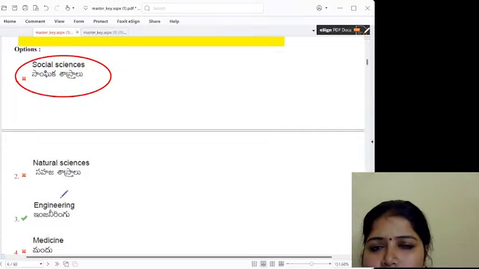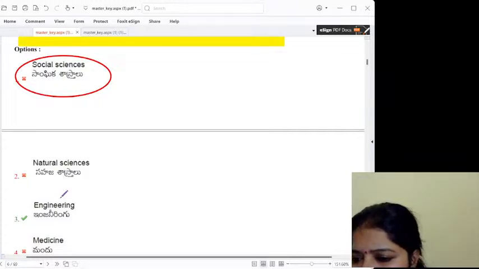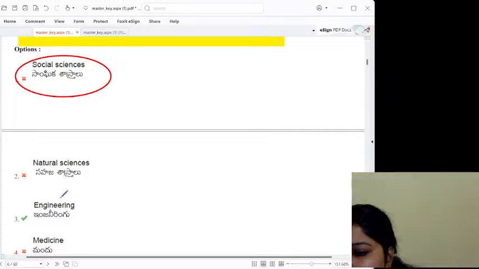Lakshmi Rana, you belong to Telangana? You have written your Telangana exam? Lakshmi Rana. How many of you in this chat have written your TS SET? How many of you have written your TS SET here in this group?